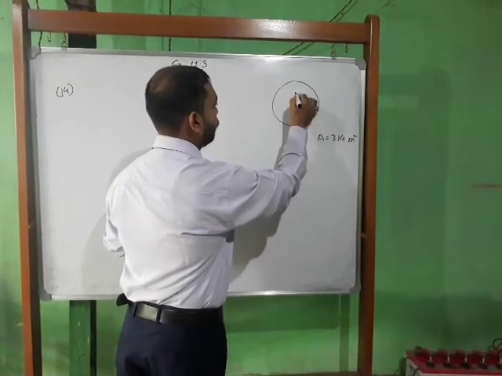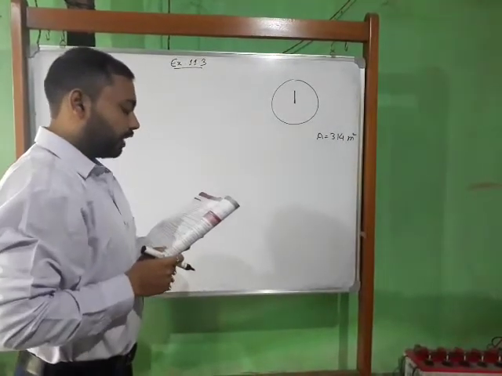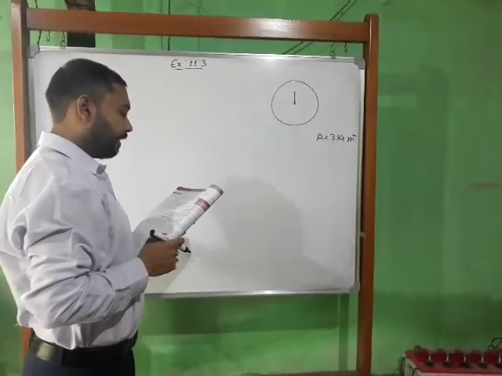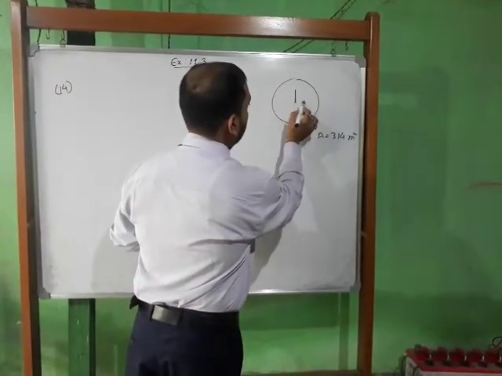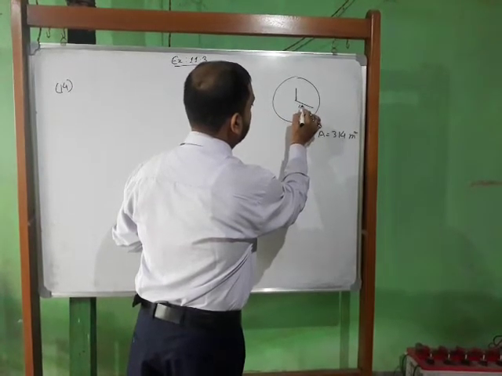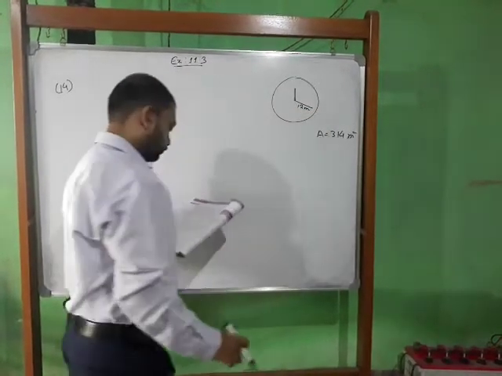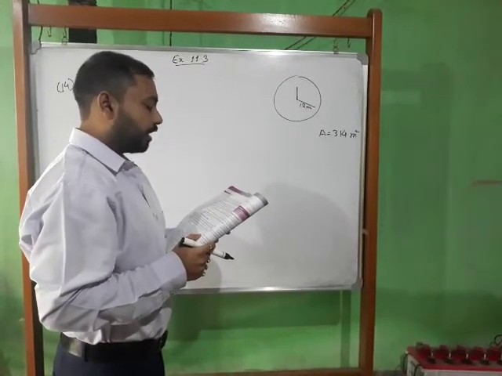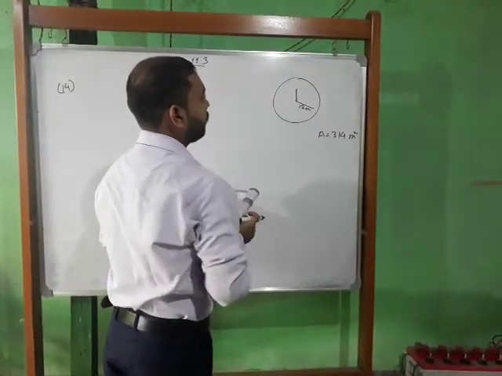So at the center of this circular garden there is a sprinkler. With this sprinkler system, water can be sprayed around this field. The radius of the sprinkler that covers an area is 12 meter. Now the question asked is, will the sprinkler water the entire garden? Will this sprinkler cover this entire field or not? That we have to find out.